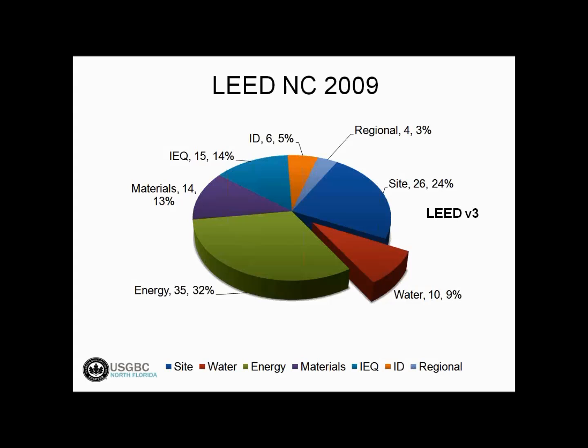So in version 2, you can pretty much get a certified building just by building a pretty good building and documenting it real well. You get all your points in the materials and the energy and indoor environmental quality points. Some of the things that were a little easier to do. Specify this material, and we're going to be in good shape. But that wasn't leading to the performance that we want to get out of LEED buildings. So intentionally, the credits in version 3 were weighted heavier towards things that are going to produce better outcomes, lead to better performance. Energy and carbon footprint and